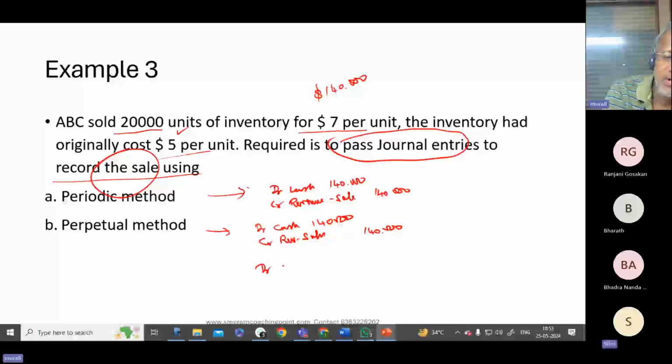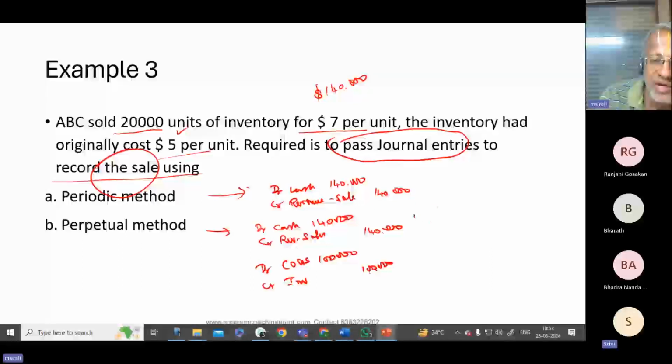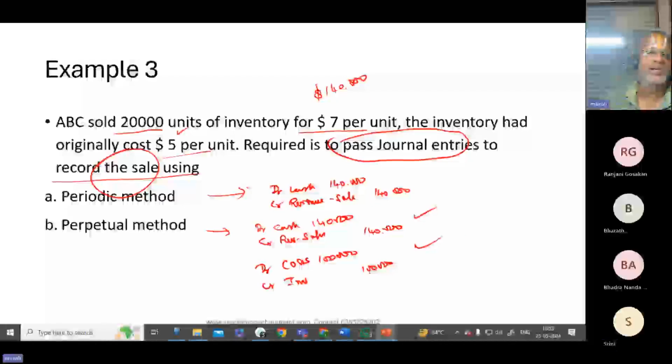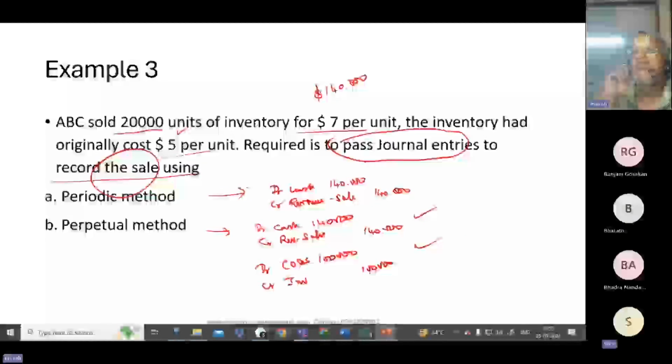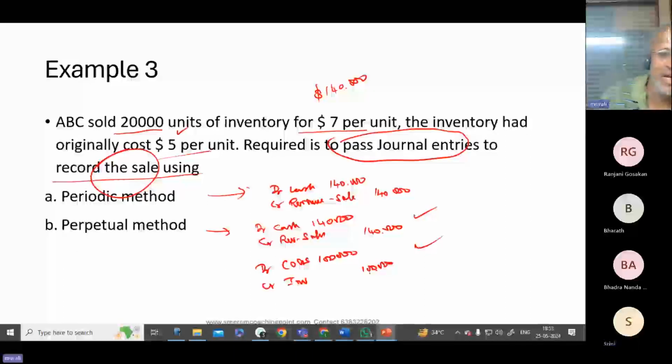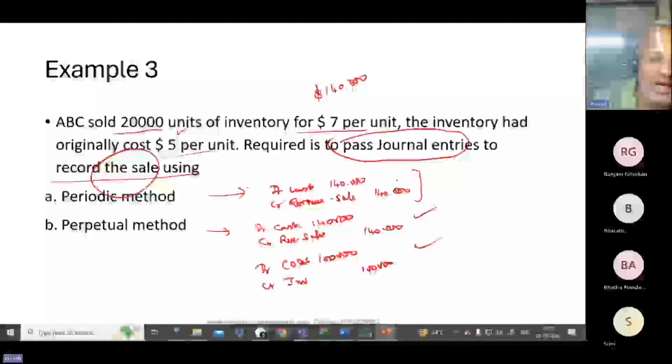Debit COGS 100,000 and credit inventory 100,000. See, when you pass this journal entry, you should automatically pass the journal entry immediately. See, what happens is that in the periodic method, we book only the sale. We do not book cost of goods sold immediately. Please understand, this is a solitary journal entry that we pass. No journal entry for the corresponding